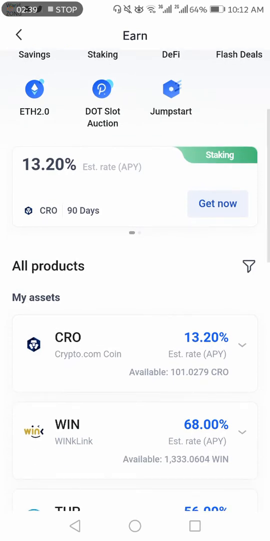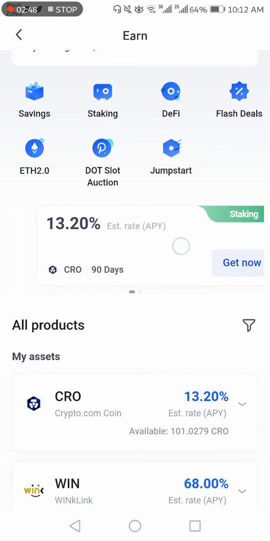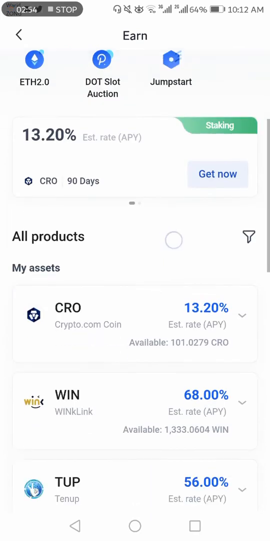And here you can see the CRO token, and you can earn up to 13.2% APY on CRO for 90 days, and that's an insane APY you can get on this exchange.